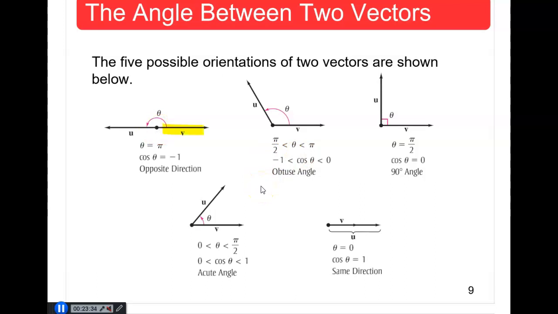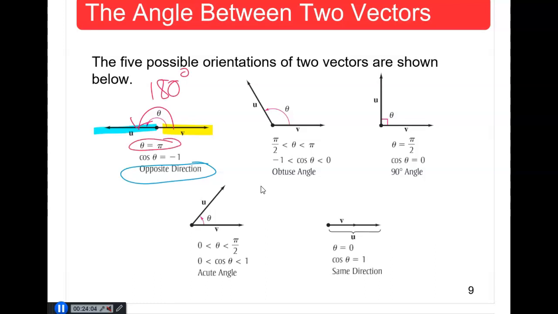Here we have vector v and vector u, and they are going in the complete opposite direction from one another, and you could see that the angle in between them is a straight angle, or 180 degrees,